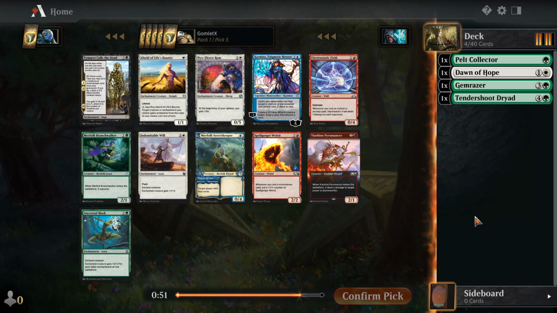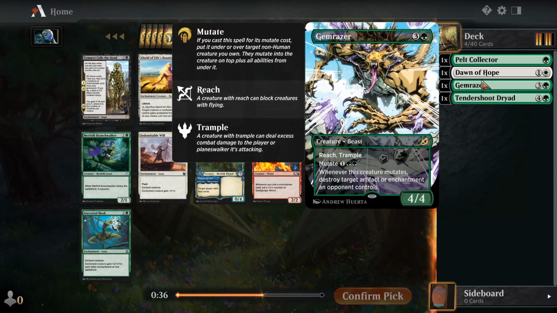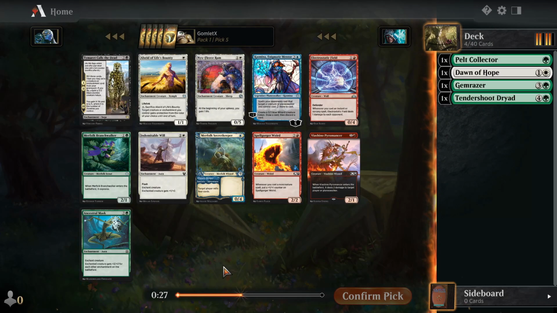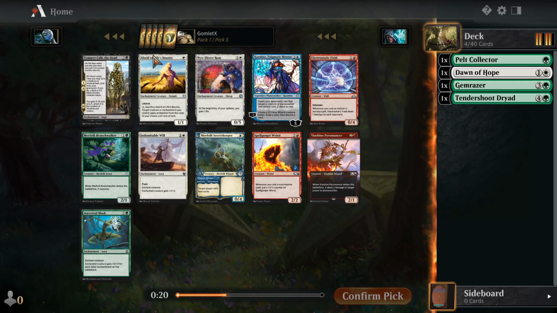Enchantress is looking pretty open, and that's the other thing I like about the Dawn of Hope pick, is that it also works well in just a green-white deck, because it works well in green-white enchantments, because it is an enchantment, and it works well in green-white tokens, because it makes tokens. So this isn't strictly a white-black life gain card, and luckily for us, we did hit multiple cards that are pretty great in green-white enchantments. Two of these are also super playable in white-black life gain as well, so I think I want to take